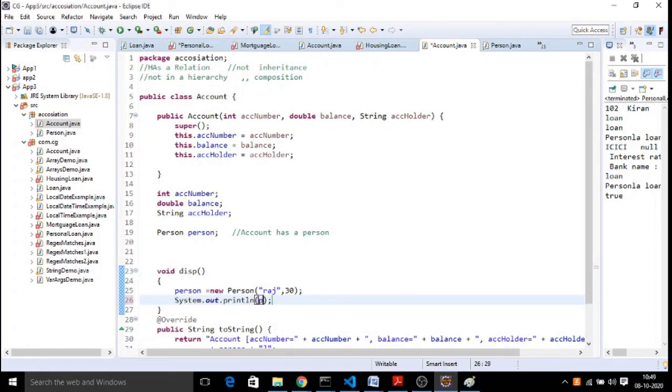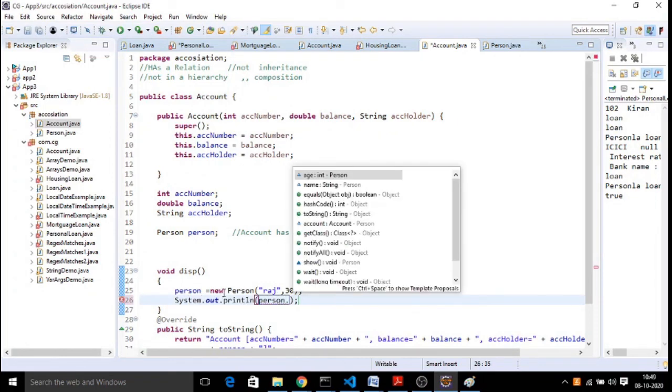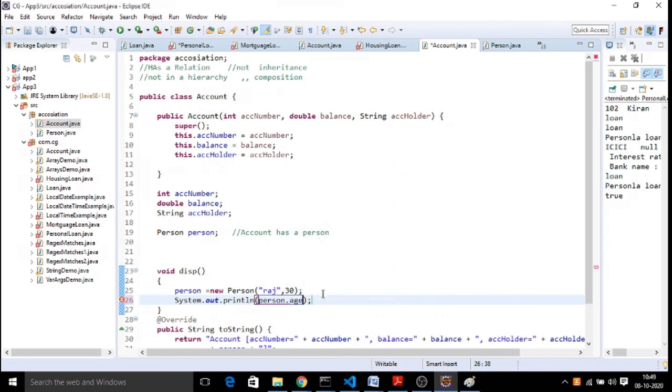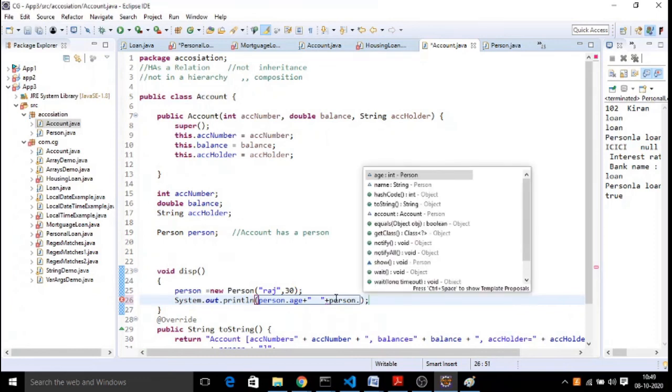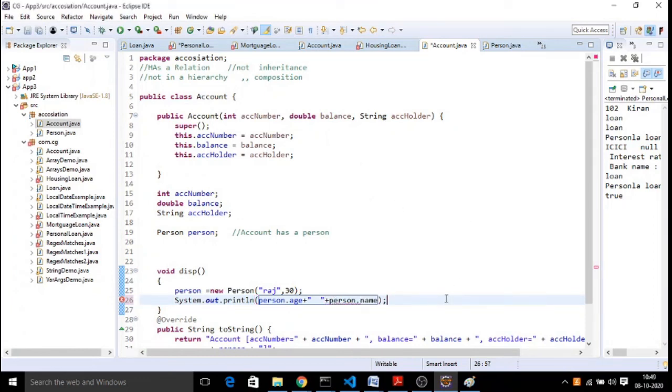Yes. Person dot, anything you can call from your person class. This is how reusability is also possible, but this is called association or has-a relationship, which is used between the classes when they are not hierarchically connected.